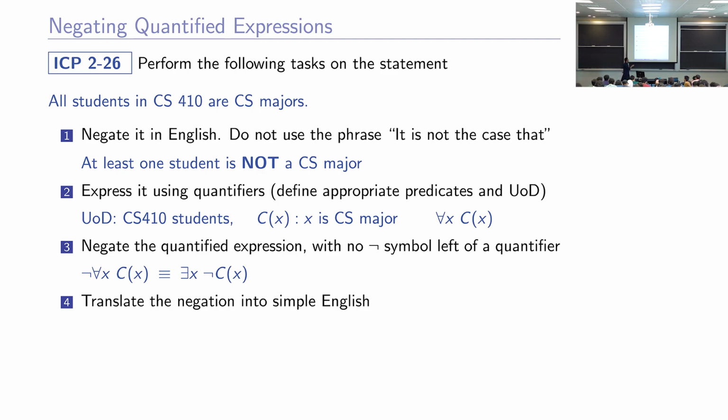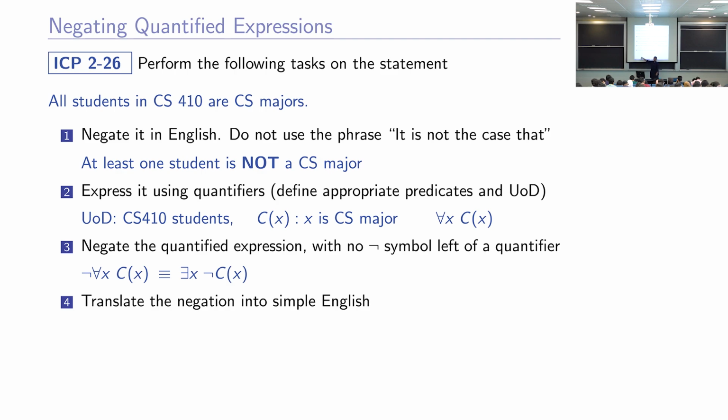Now let's translate this quantified expression into English. Can you please say this statement? There exists some x. There is some x in CS410 but not in CS. Yeah, there is some x in CS410. That's a good thing because the universe of discourse is CS410. There exists an x in CS410 for which not C of x is true, meaning someone who is not a